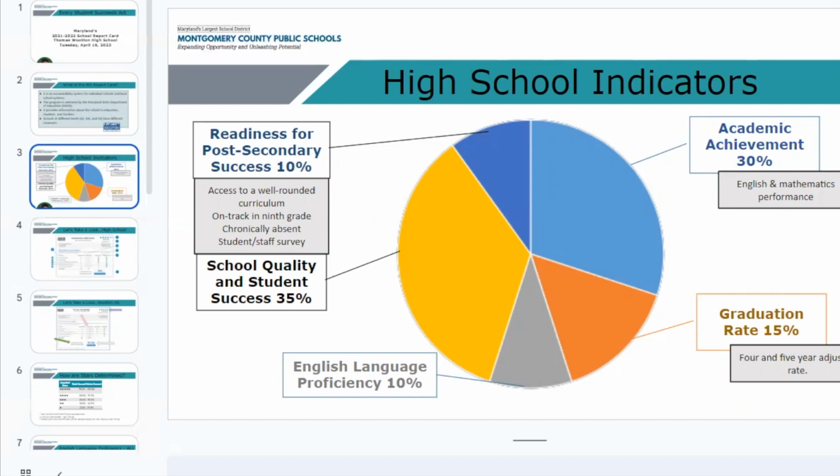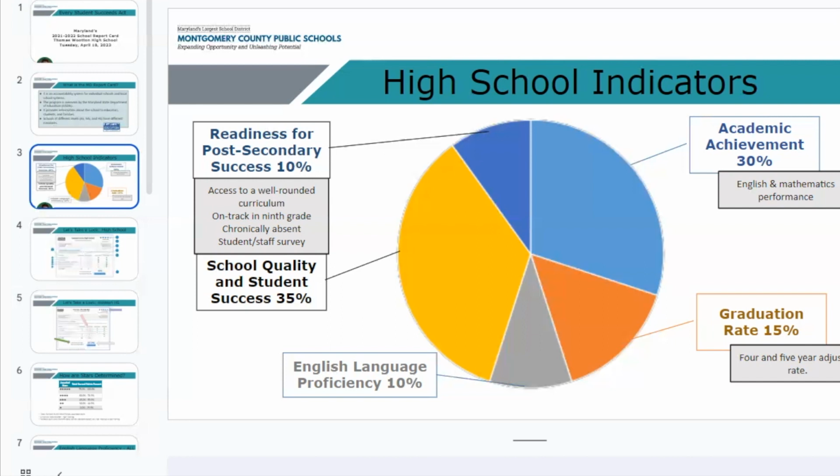Let's start in the upper right-hand category here around academic achievement, which is the first category in the report and the one that just comes up first. In academic achievement, we're talking about performance measures from the state in English and math. As I mentioned earlier in my principal update, at high schools, as a part of MCAP, students are going to take an English assessment at the end of English 10 that is a graduation requirement. Student performance on that measure in English 10 becomes part of the data in the academic achievement category. And it's the same with the math measure.